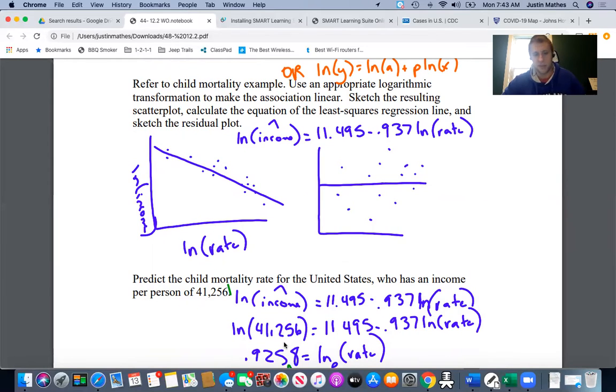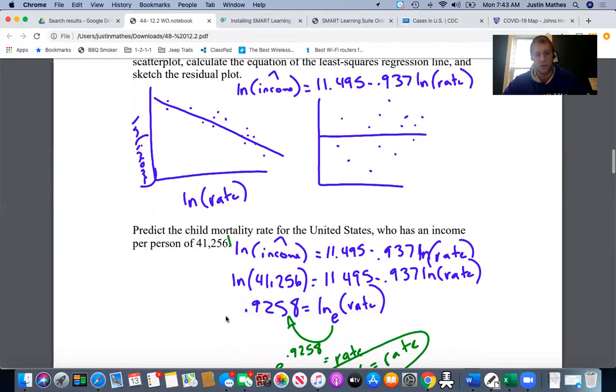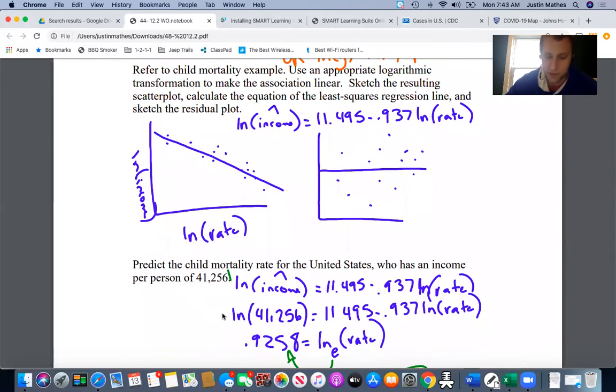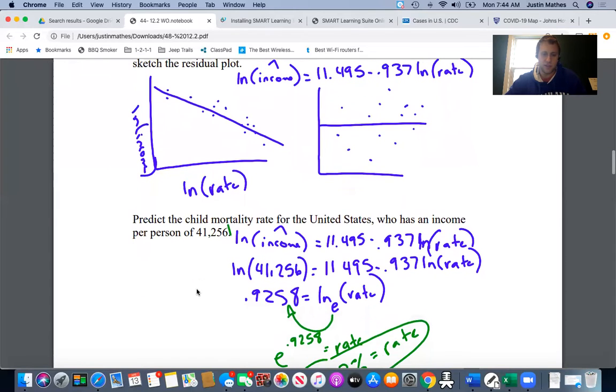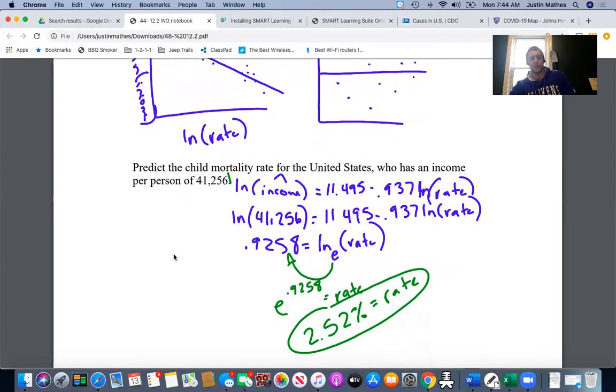I don't know it off the top of my head, but my calculator does. So I type it in my calculator, and this is a number. I subtract the 11.495, I divide by the negative 0.937, and I eventually end up with some number equals a log, or in this case, a natural log, which is how these problems are going to end. So again, I'm going to take my base, raise it to the power on the other side. So this is where my smiley comes in, or what I call smiley, but e to the 0.9258 will give me the rate, and we end up with